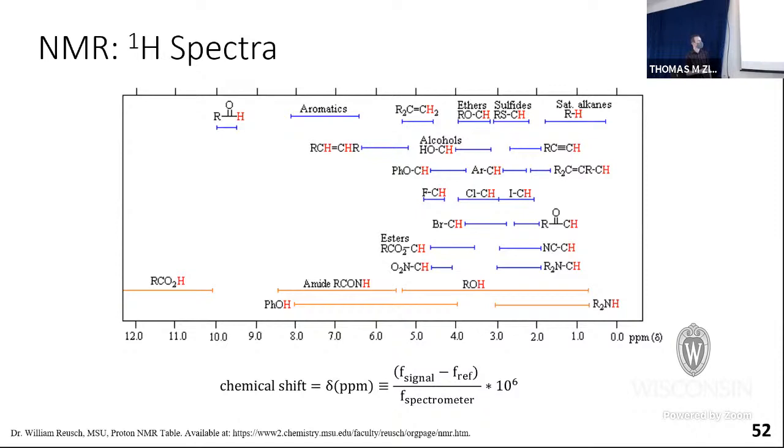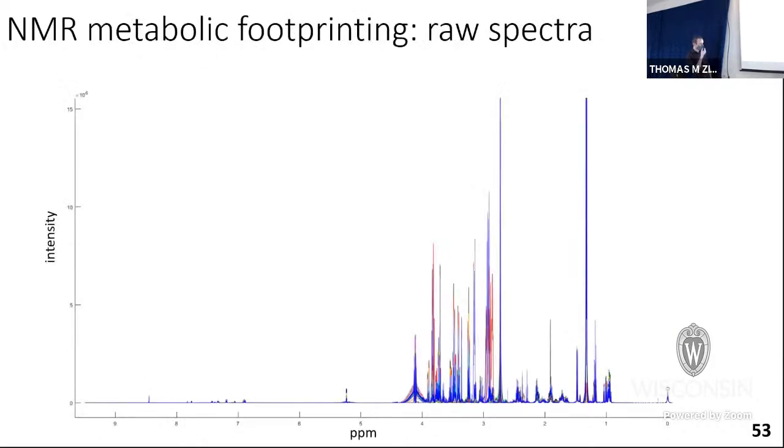And again, if you remember back to organic chemistry, depending where these particular peaks show up on the spectrum gives you an identification of what particular part of a molecule that hydrogen is attached to. So by understanding where the peak appears in the spectrum, you can identify what metabolite it came from or is likely to have come from. Obviously, these are highly convoluted spectra, so there are hundreds and hundreds of metabolites present within the cell culture media.